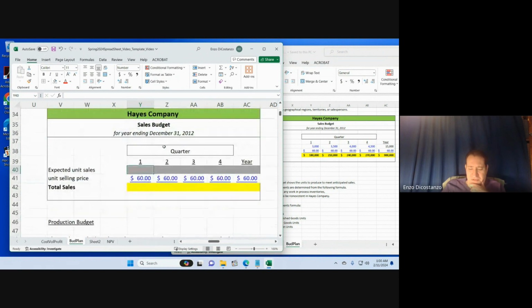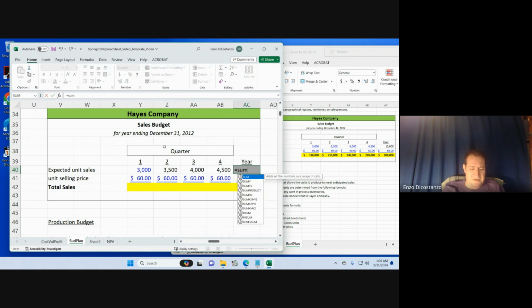And then you're going to start with 3,000 units. This shouldn't be too big of a chore for you guys. You start with 3,000, you equal the one before, then add 500 more. You could do it in your head, but why would you want to do that? See how we did it? Control R: select the cell where the formula is, and the reference keeps being the cell to the left of the current cell. You don't have to anchor anything. You add 500, 500, 500, and then for the year you do your summation, and that's about 15,000 units.